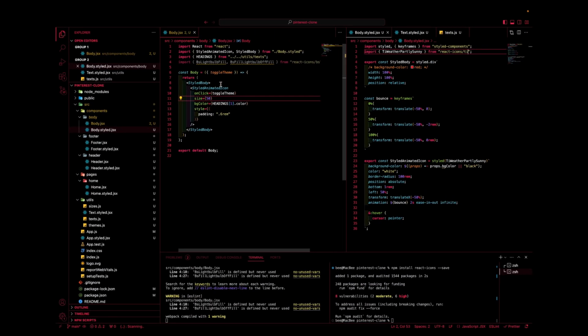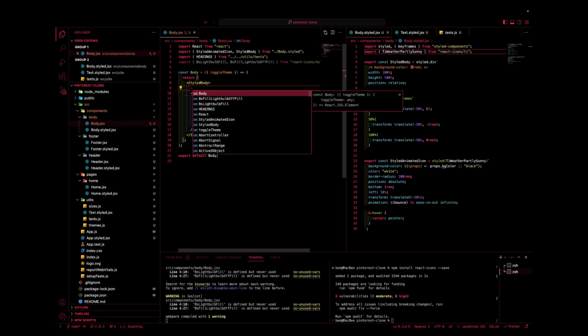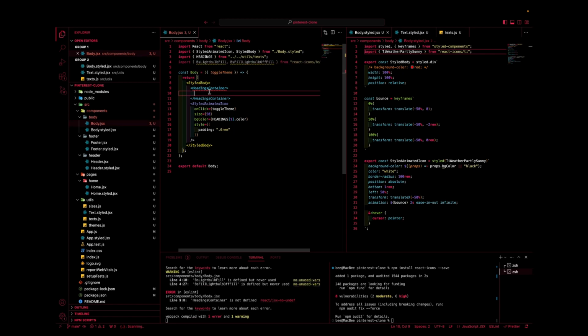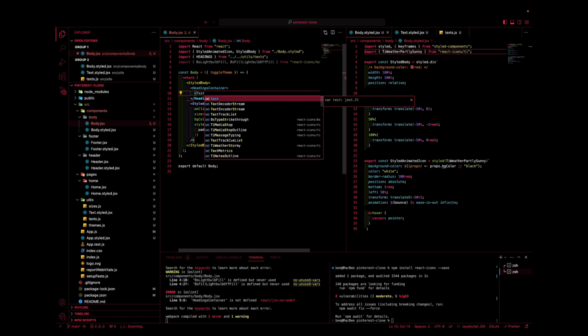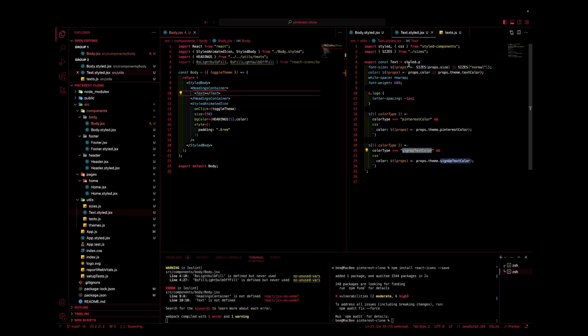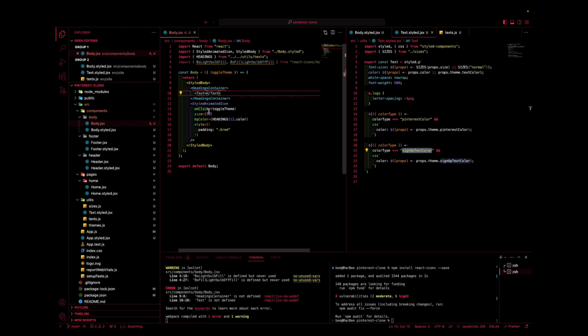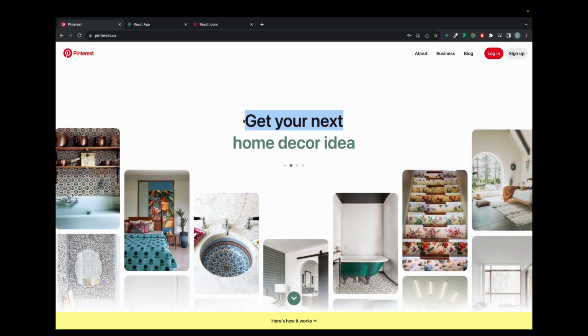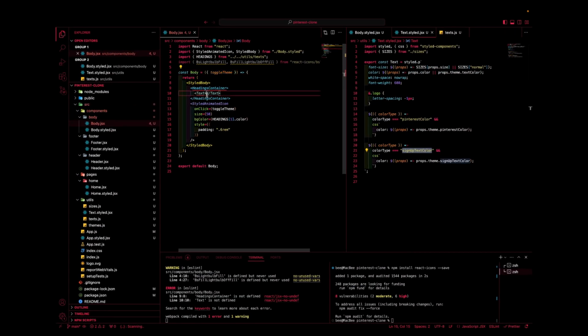So in the body, just below this styled body, let's call this headings container. The styled component we're going to make very soon. So this headings container is going to have our text. Okay, and this text is a styled text. This text is going to have the text called get your next. That kind of rhymed. Okay, so this text will be get your next, and then we can duplicate it, and